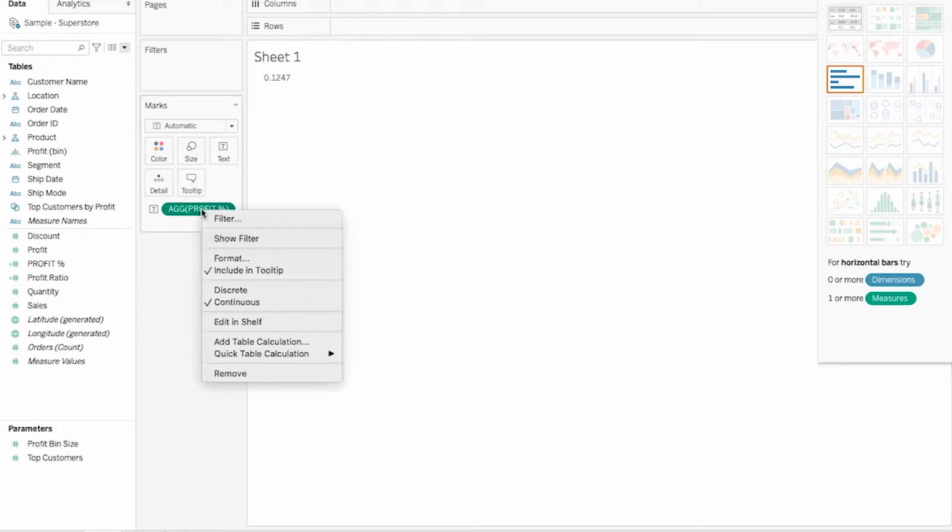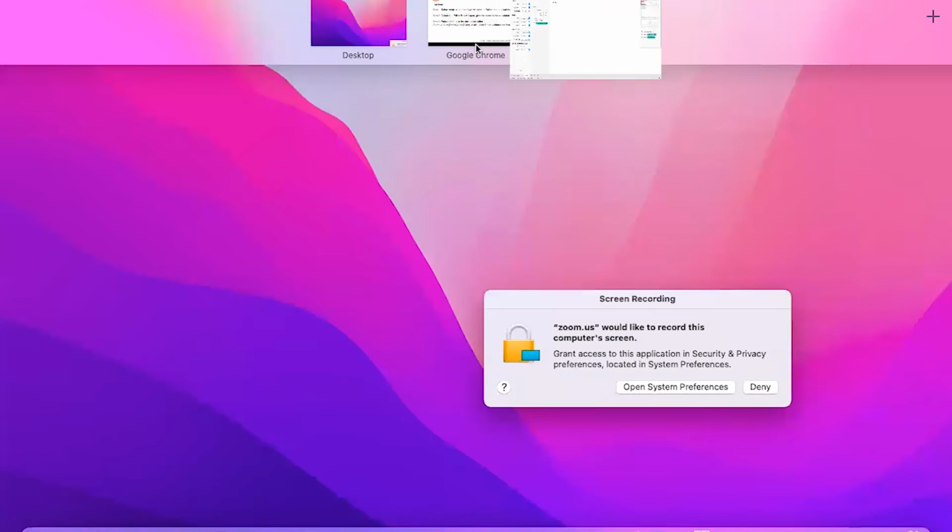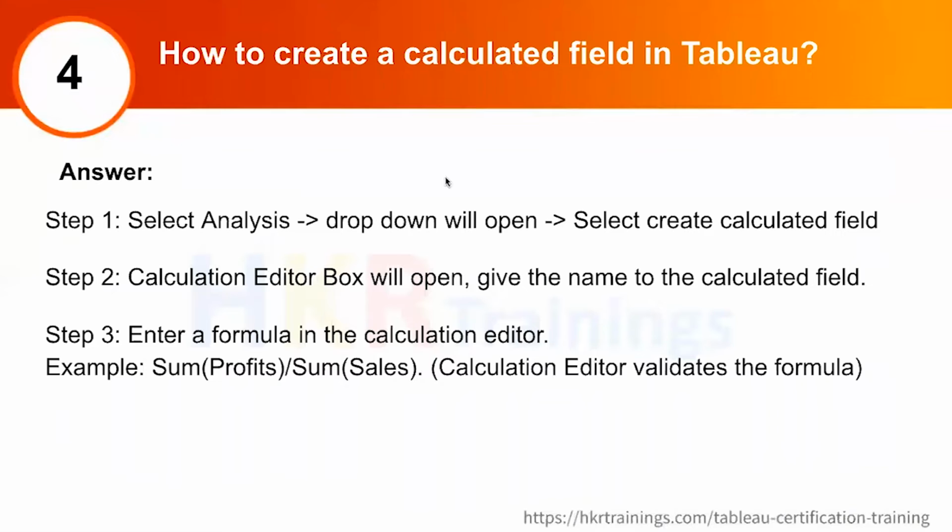You can always change its format by right-clicking and going to format. There is the number section. Just click on that, go to percentage. It converted the value into a percentage. You can format in any way: single decimal, 0 decimal, anything will work over it. I hope this will really be helpful for your interview preparation.